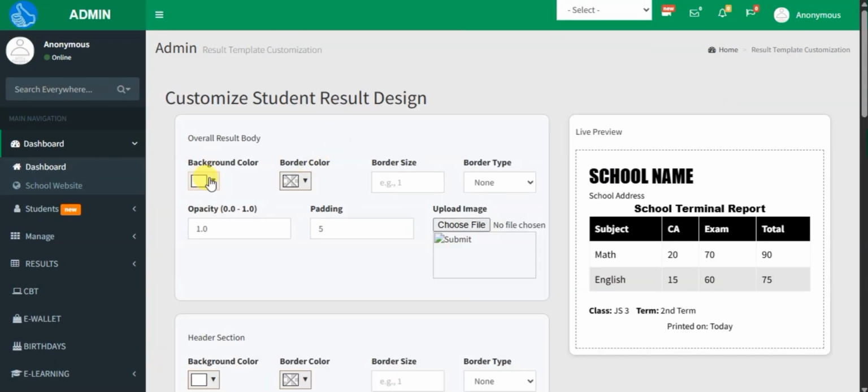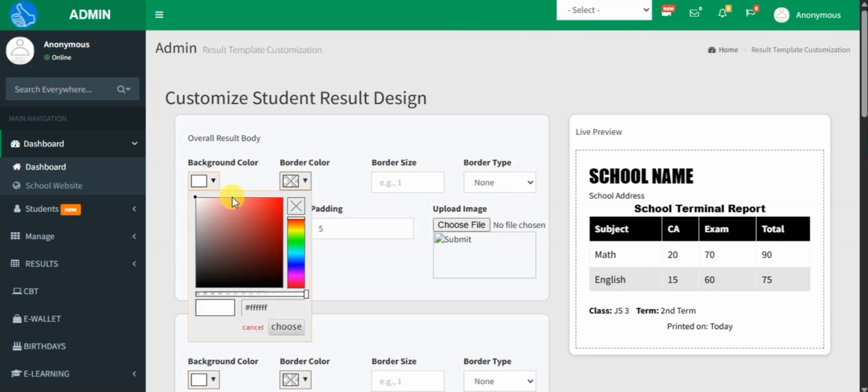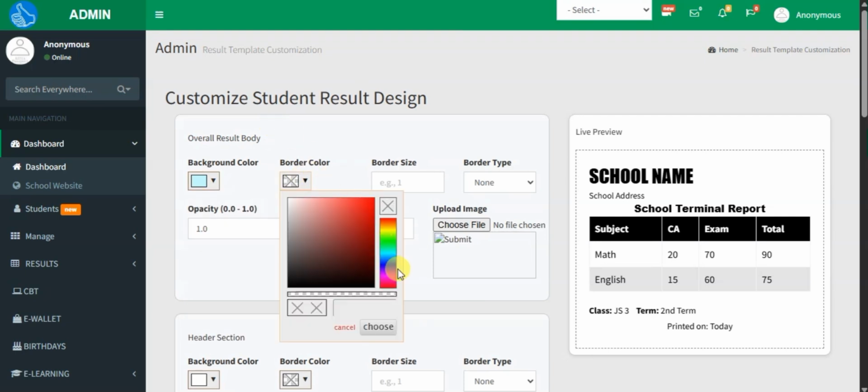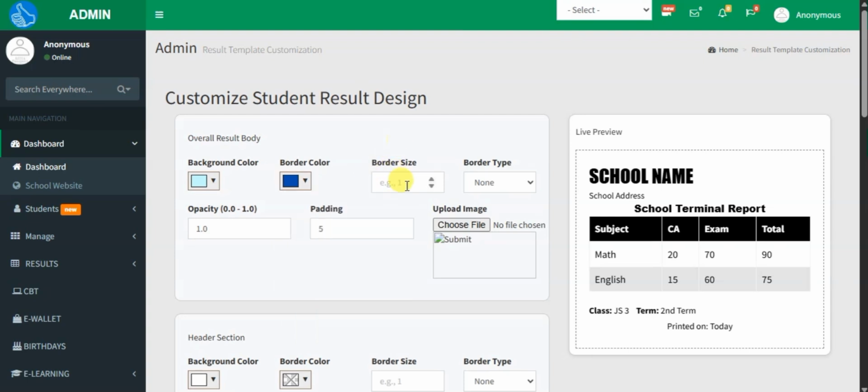We're going to choose some sample colors. Now in this my own, I'm going to leave my result design to have a bit of blue, and then I will have a stark blue color following my school logo concepts. So this is my border, so I'm going to choose it as my border color, and then I can choose my border size. Let's say I need it up to 7 pixels, and then the border type, any of these. I would prefer